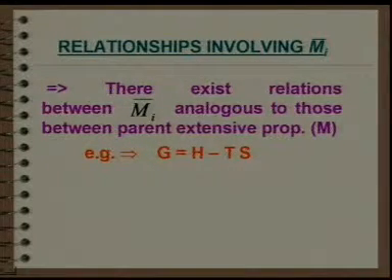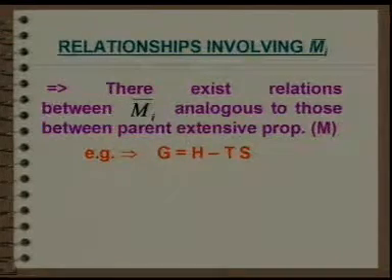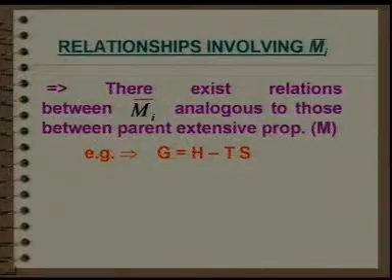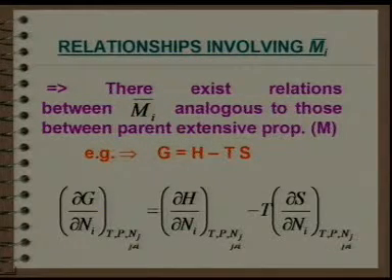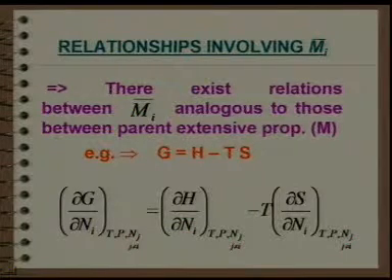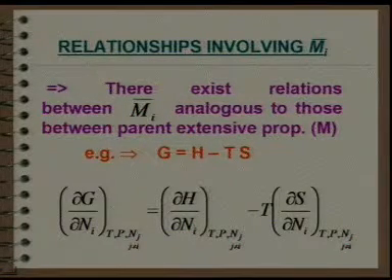H and S are the two variables which are dependent on the N. G, H, S, all of them are dependent on this. T is an intensive property and it is being kept constant. So, we are keeping T constant, that is why you can differentiate it easily. Otherwise, if T was not kept constant, differentiation would become complicated. Since T is being kept constant, you can straight away write down the derivatives. What will be the result? You will have differentiation on the left hand side, and differentiation of the right hand side. It is a straightforward expression, no complication at all,